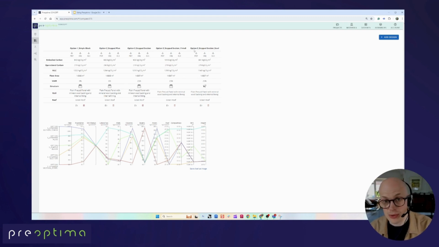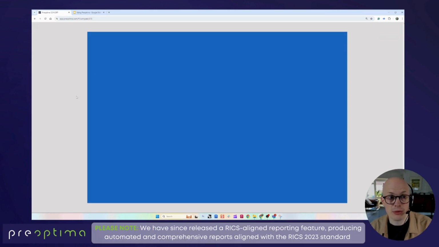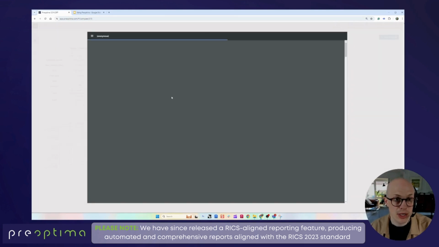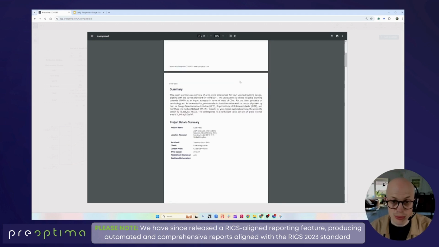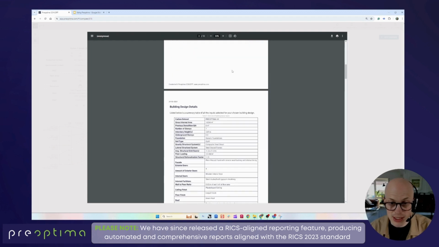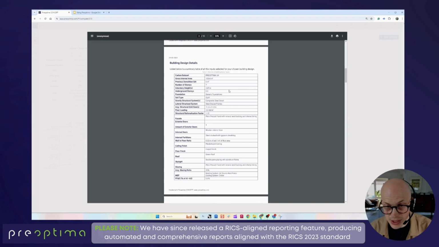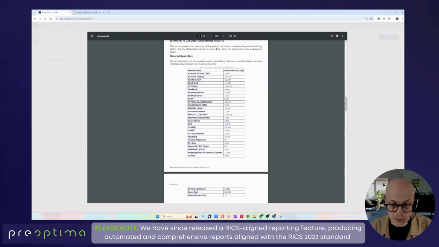So perhaps we do it for this final option here. I'm going to download the PDF report. This is just loading. And here it comes. And here we have a snapshot report breaking down the information presented, all of the characteristics of the design that have been considered, and the full material quantities,